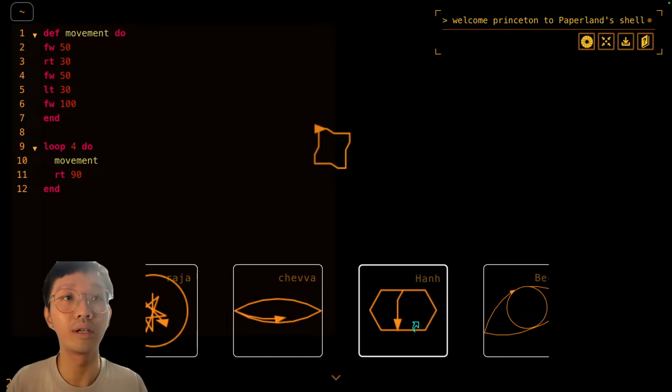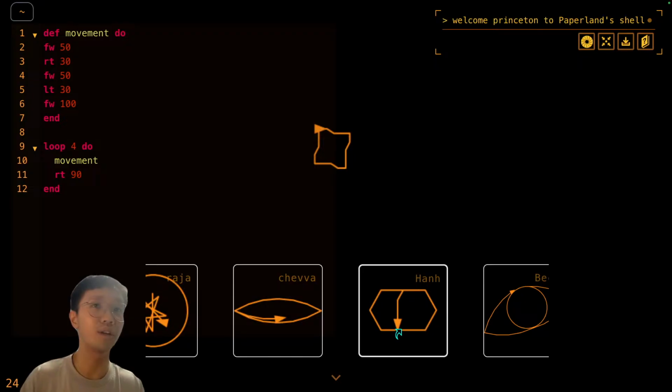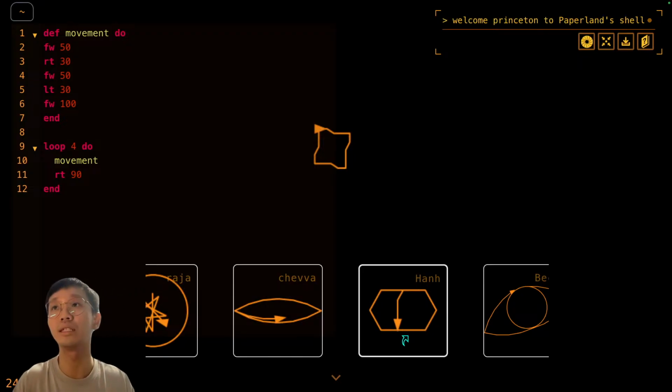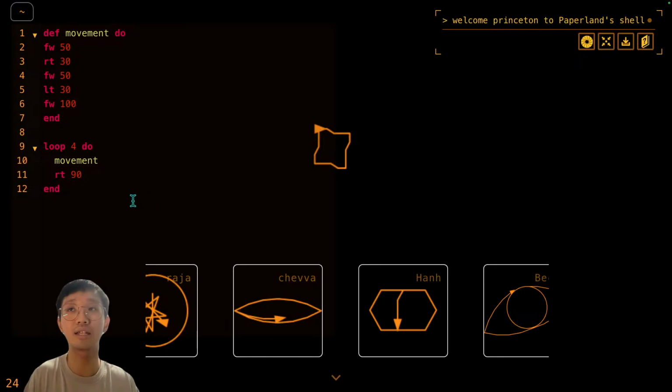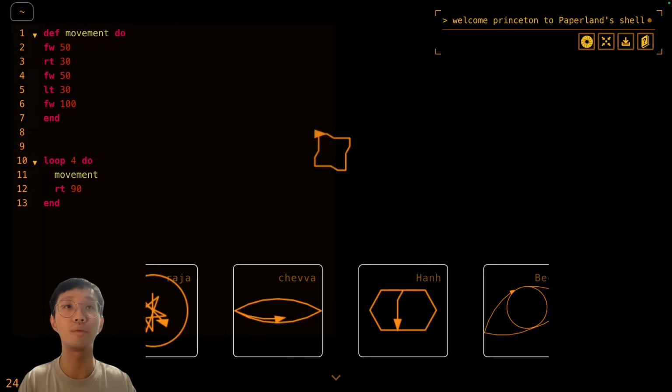Alright, now that you guys have made some sort of an eye, we're gonna have to make 2 eyes now. So the next task is for you guys to make 2 eyes. But before you do that, what I need you guys to do is to make your current eye a function. So all I want is the second eye to be a duplicate of the first eye. So if you were to look at my screen,